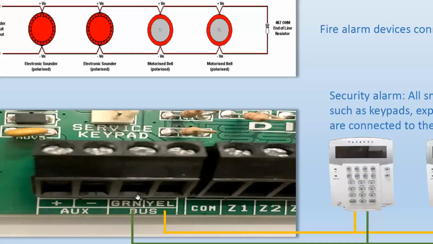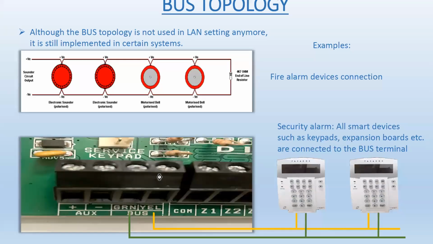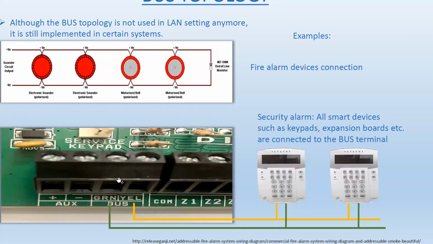Now here's a little bit more sophisticated way. Security alarms. Let me just zoom it properly. All right, on the main board of a security alarm, most of the security alarms, you would have zones, the common and the zones would be the common, and it will be zone 1, the common, zone 2, and so on. Right? So security alarm works in a similar way. So there'll be the zones for the sensors, but let's not talk about that. Let's talk about the bus.